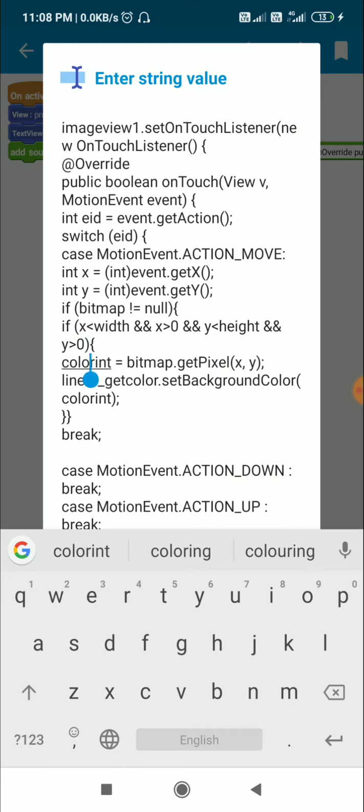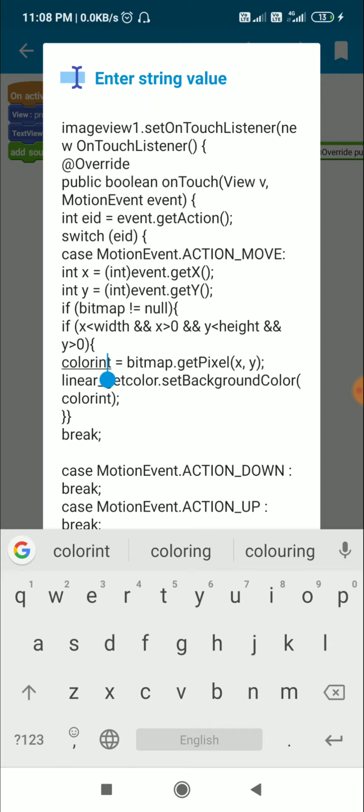Then I define color int, the selected color, as an int equal to bitmap.getPixel(x, y). So bitmap.getPixel(x, y) will give me the selected color at x, y, which is the point at which I touch. So this will be the selected color int.